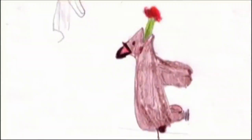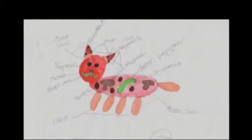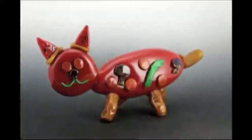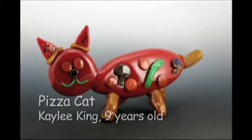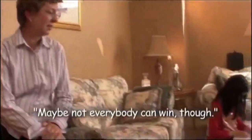And especially if the pieces of art go traveling around, other kids will see, oh my gosh, I could do that too. You know, it's not just somebody else that did it, you know, I couldn't do that. Absolutely not. Anyone can do this. And I think that's what it shows the kids. Maybe not everybody can win. But, and